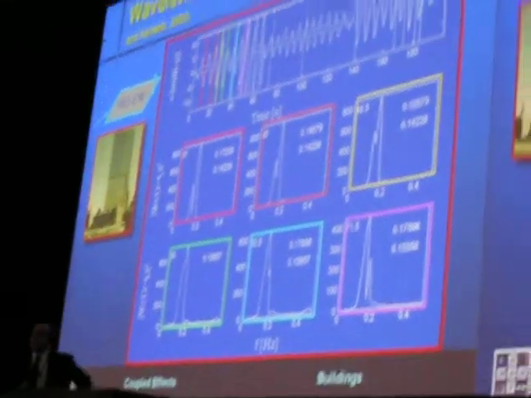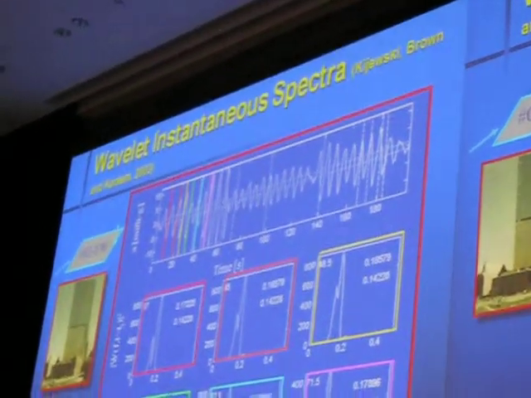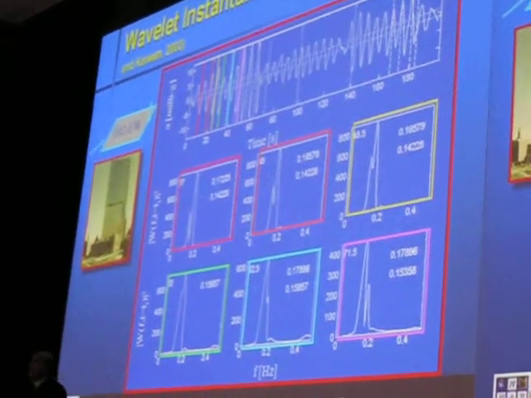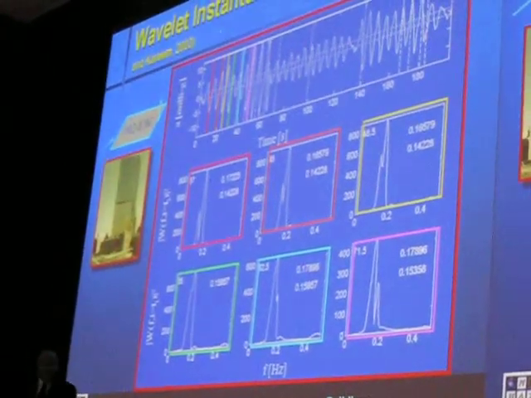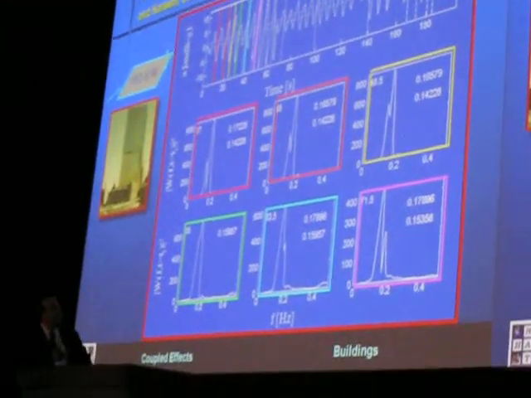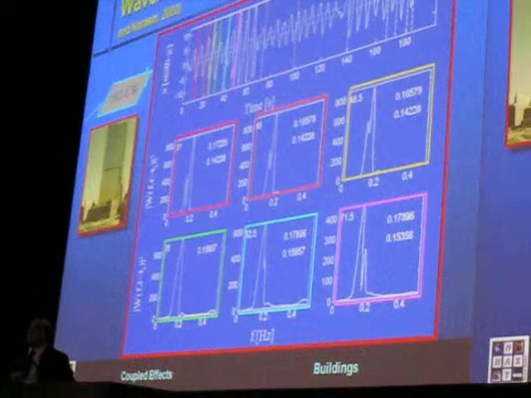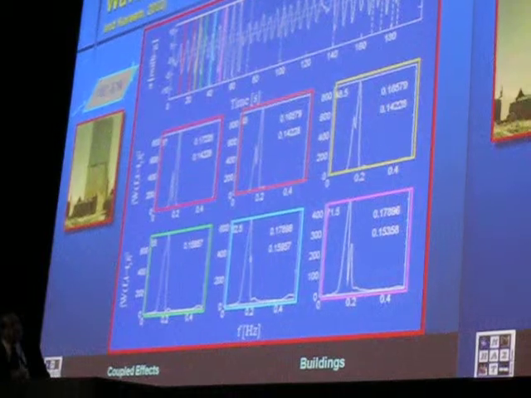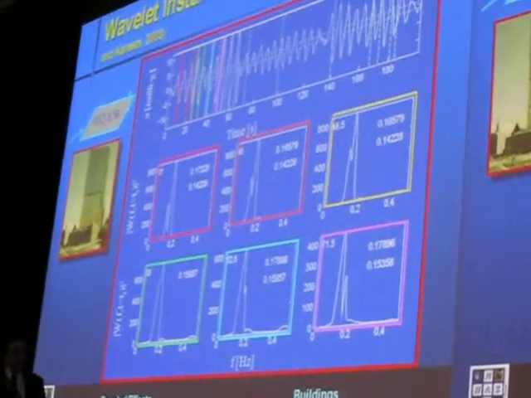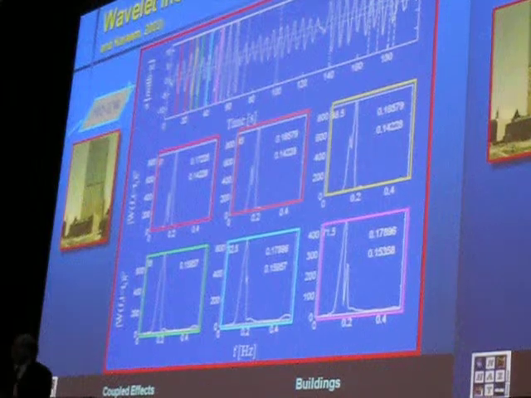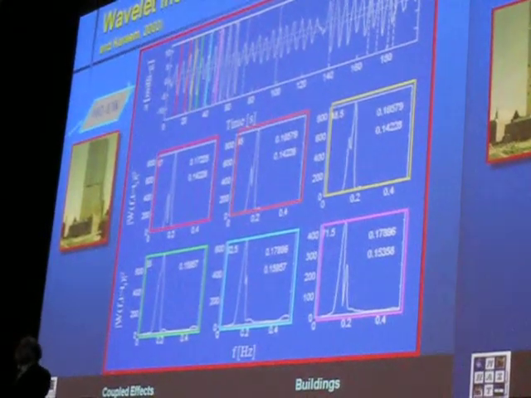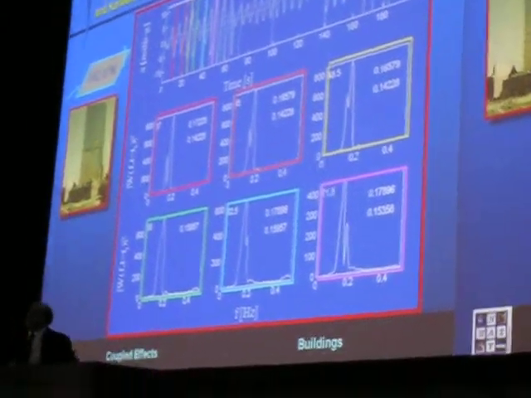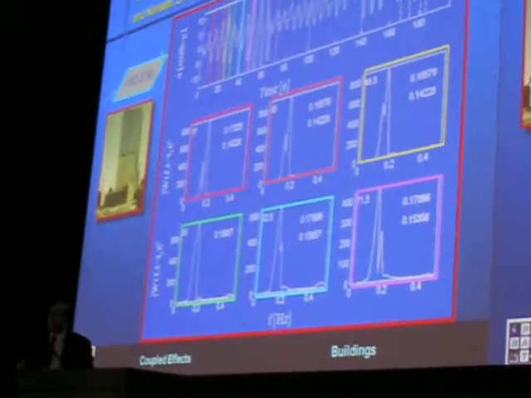Here is another example. Those of you from the United States are very familiar with this particular building in Boston. It lost a lot of glass. It was a very poor design building. The lateral frequency and the torsional frequency are almost the same. As you can see, here is a time history when the building really experienced very large acceleration. We have used this particular technique, and as you can see, each color code gives you the box here, and the frequencies are changing with time, as well as at this particular place, both the lateral and the torsional frequencies are merged together into one value. Using the wavelet transform, we can pick up variations that are not possible by any other technique.